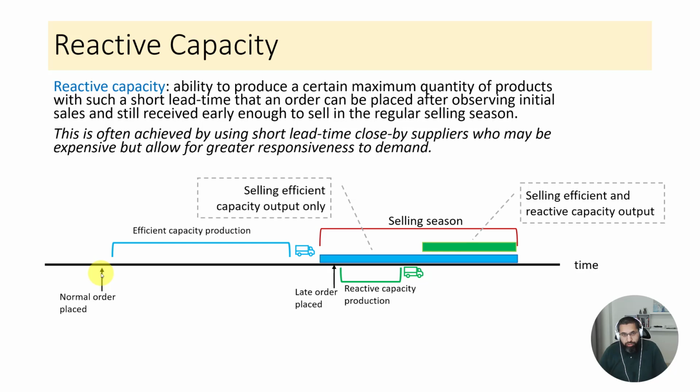For lower cost, they take longer, but they build the part. But if you want the part delivered early, expedited with a short lead time, then you pay them more and they will expedite the order and build the part quickly for you. So in that case, reactive capacity and efficient capacity may be part of the same company or the same supplier. It's just you pick the cheaper contract or the expensive contract whenever you place the order. Okay. So in any case, when we are out here in time now,